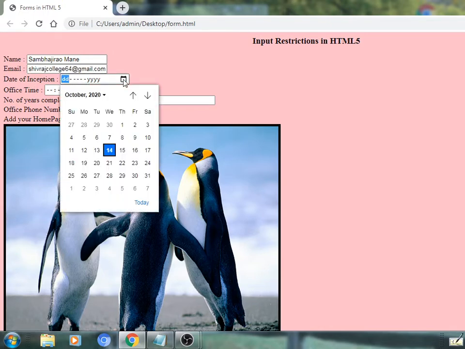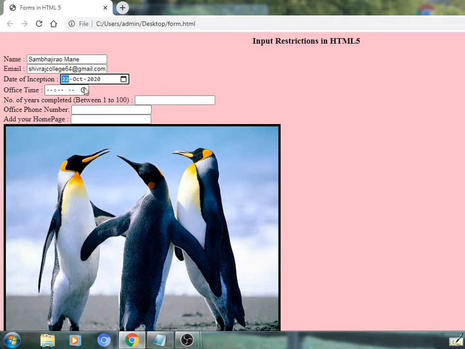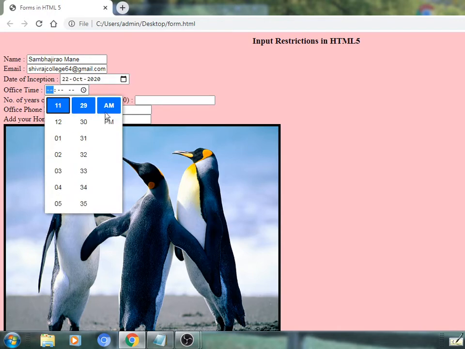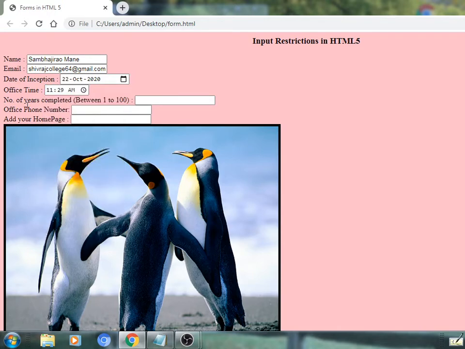Date of inception, that is, a date will be entered. Time, one can choose the time. Number box, which accepts numbers from 1 to 100 and more than 100 also, we have chosen here between 1 to 100. When you click on the upward arrow, values will be increased. When you click on the downward arrow, values will be decreased, like this.